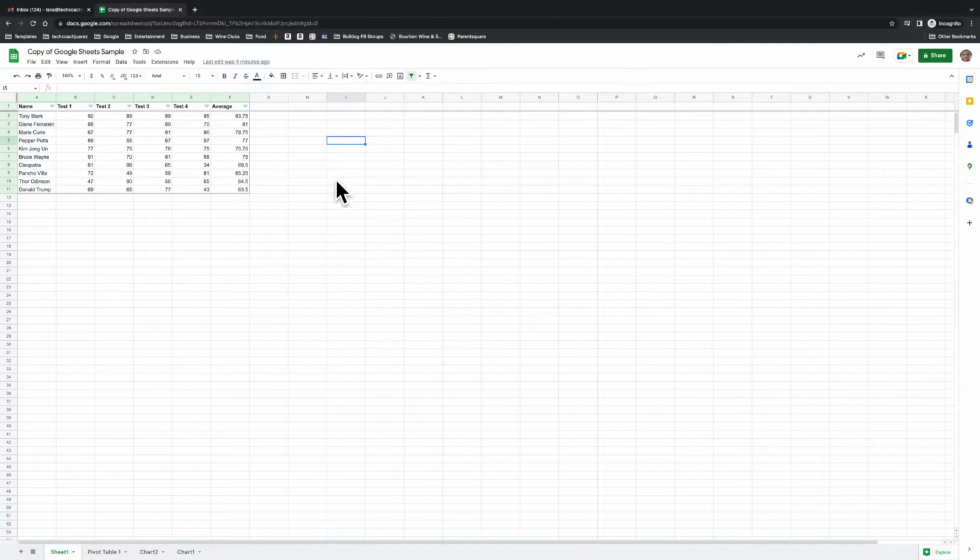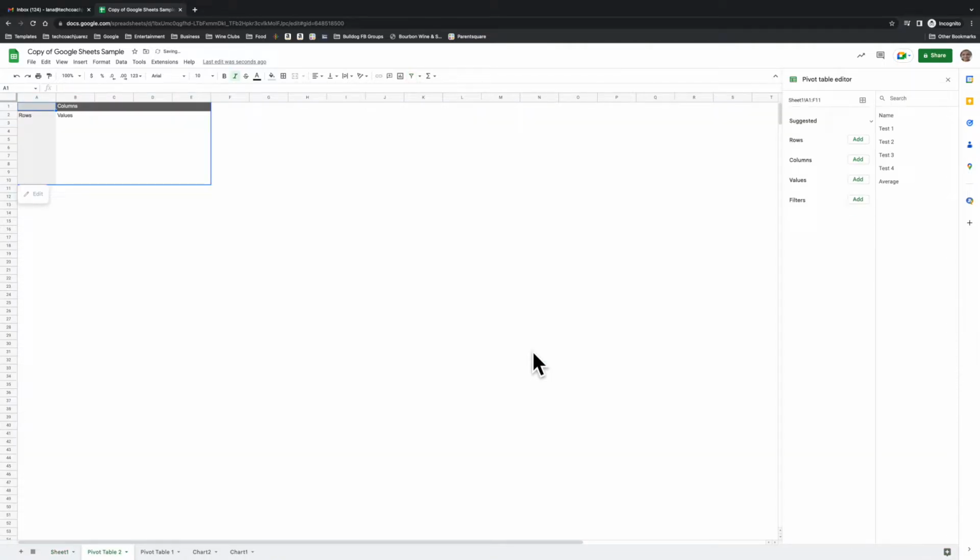assessment scores here, and a pivot table is a great way to start breaking down the data in a variety of ways. So we're going to just show you the basics here of how to get started with the pivot table, and then once you're there, sky's the limit on how you want to analyze the data here. So I'm going to select all this data right here, come to Insert, we're going to go to Pivot Table. There's the data range that I selected, and I'm going to go ahead and click Create, and it's now